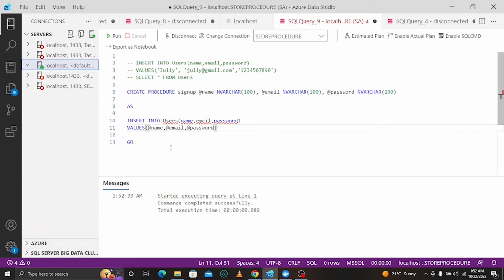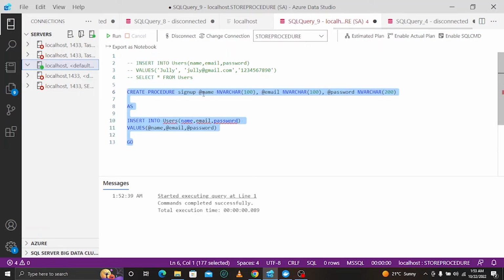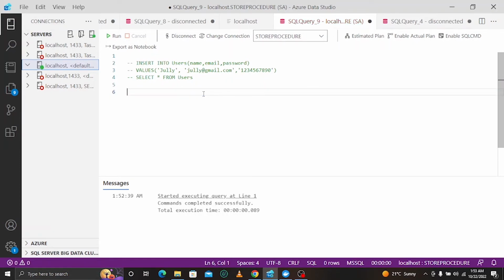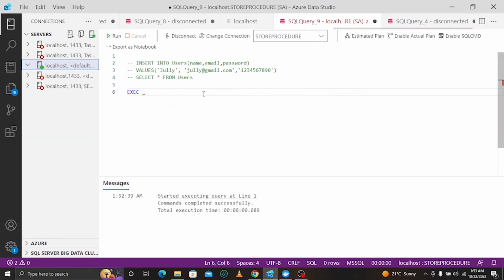So now if we want to execute this procedure, let us remove this here. I'm hoping that you can see it. So let's remove this. We now have a stored procedure called sign up. Let me confirm the name again, sign up. To call a stored procedure, we say exec, and then we say sign up,